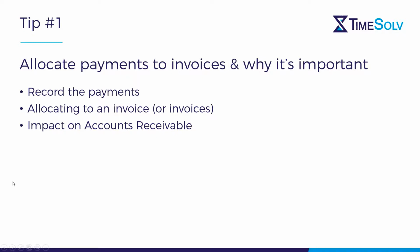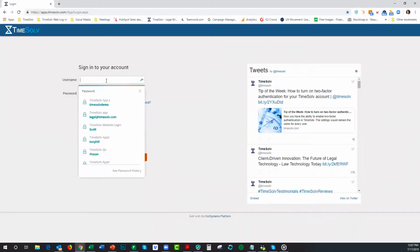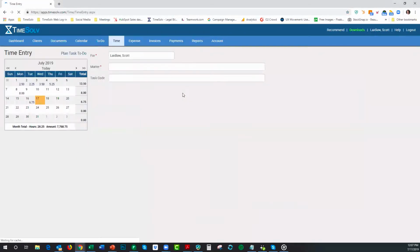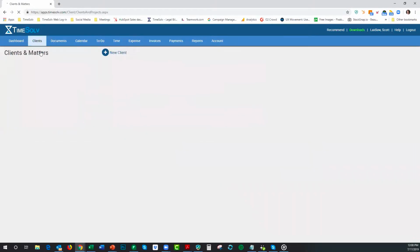Let me move over into TimeSolv. I'm going to log into my account. And now that I'm logged in, let's talk about the places where you can record a payment. There are 3 places in which you can be in TimeSolv and get to where you need to be to record a payment. One is, and this is one that's maybe a little less known, if you're in the clients and matters area